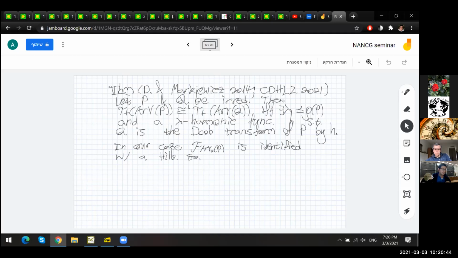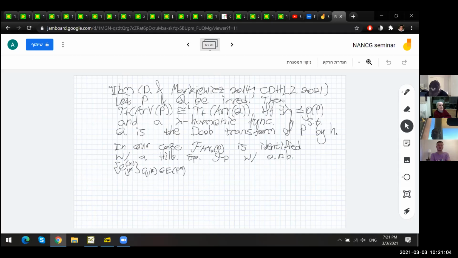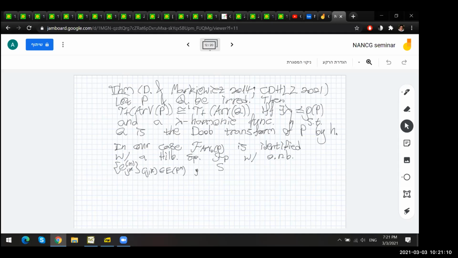I'm not saying exactly what this identification entails, but it's going to be called F sub P, with orthonormal basis E_{jk,m}, where jk is an edge in the mth iterate of P, and the creation operators, indexed by ij, n, where ij is an edge in the graph of P to the n, is given by,